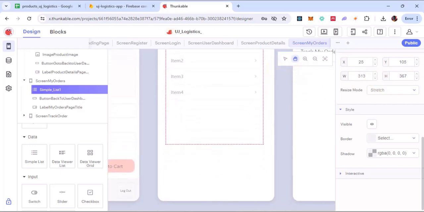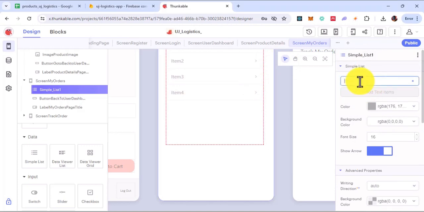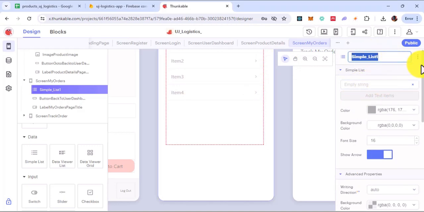Now that you have been able to do that, don't forget to rename. I almost forgot to rename this list, so don't forget to rename simple list, my orders. Yes. So now that we have that, we can then